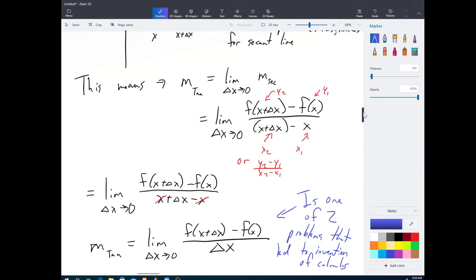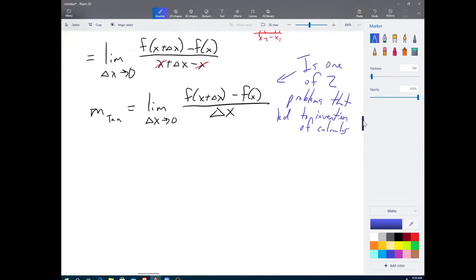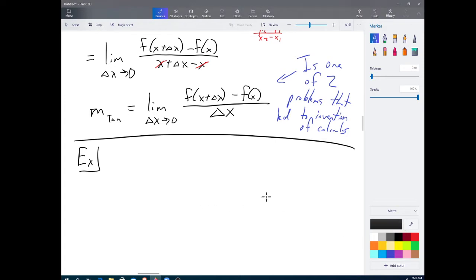So let's do some example problems. And in other words, we're just going to practice limits like we did before. And that's really what we're going to be doing throughout today. So let's find the slope of a function